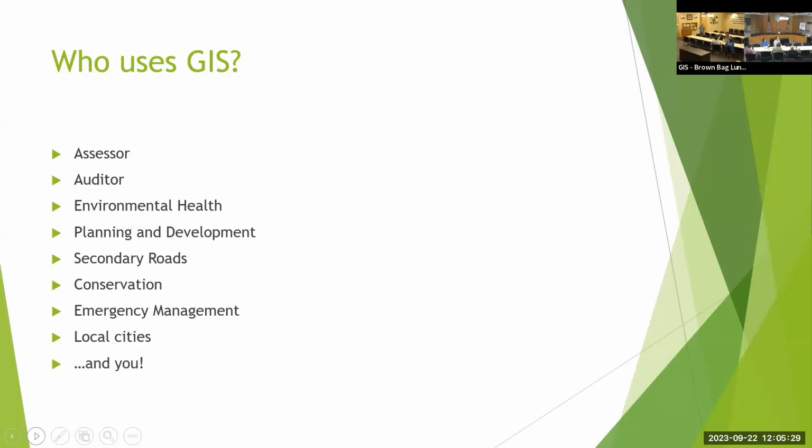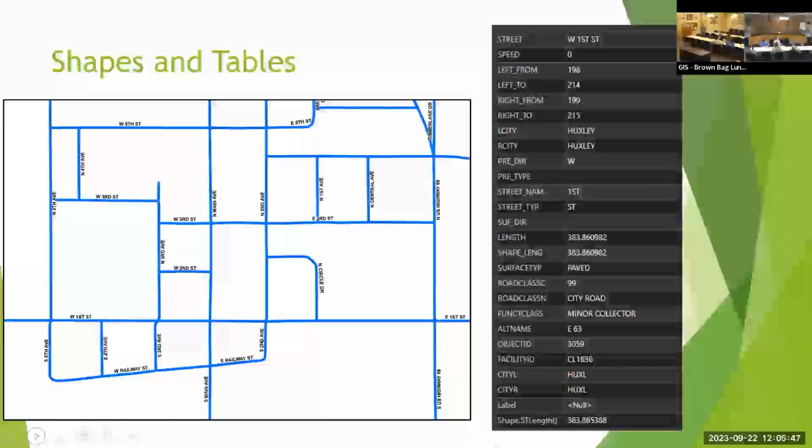And also the last one there on the list is you. You might not know that you're a GIS user, but you probably are. If you try to get a mortgage or you do anything with Wells Fargo or anything property related, they use the site to help you out and get access to your information. So, all right, let's go to the next slide here. Okay, so I kind of got into this before a little bit, just a quick screenshot here.